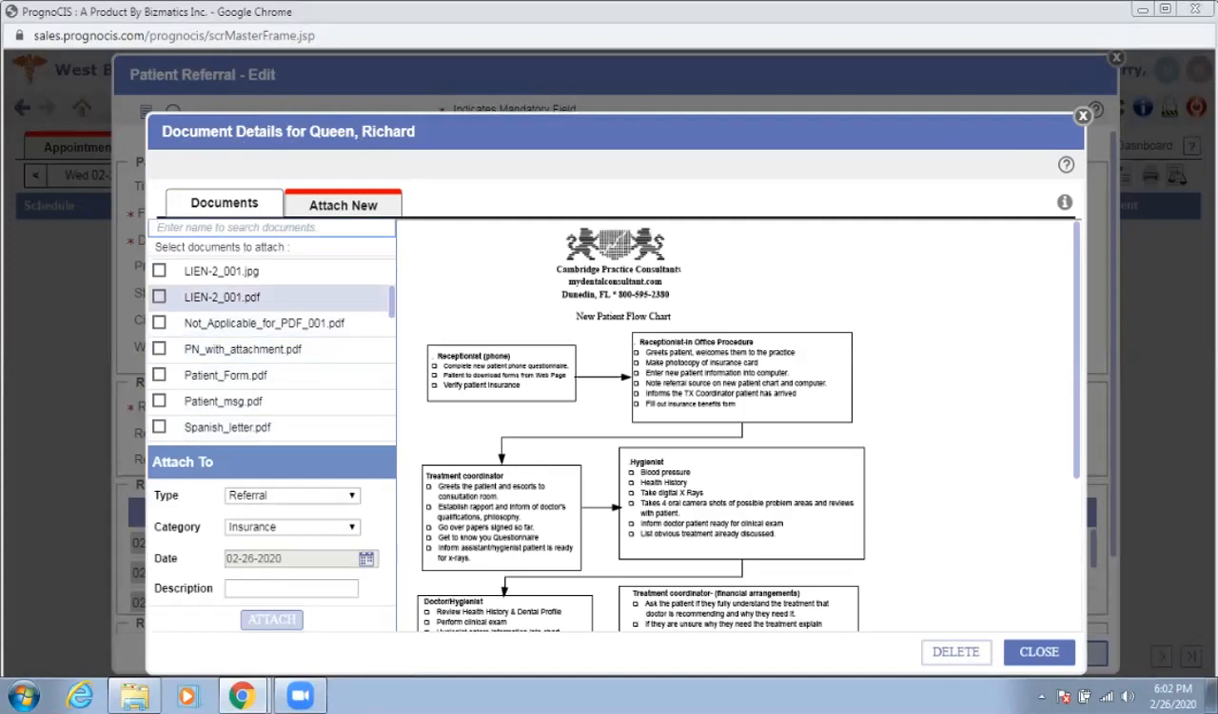To attach a specific document to the referral, check the checkbox next to the document and select the type of document that you're about to attach. Let's say this is a lab result that you received from the patient's PCP. You could also select a category to associate with the document, and you could also select the date the document